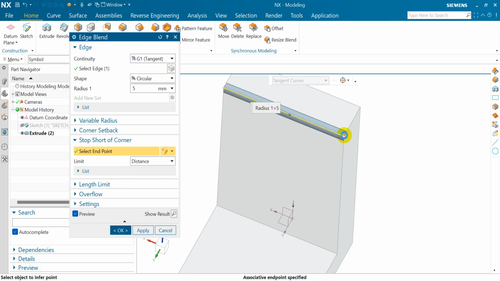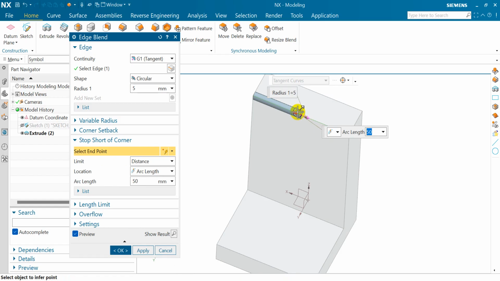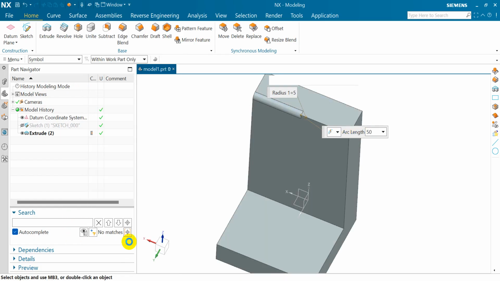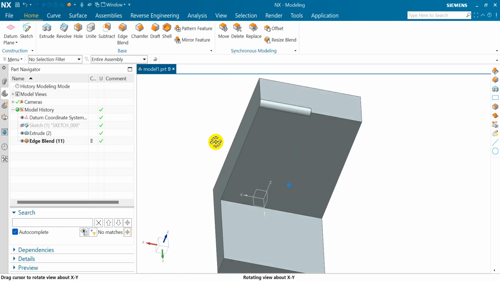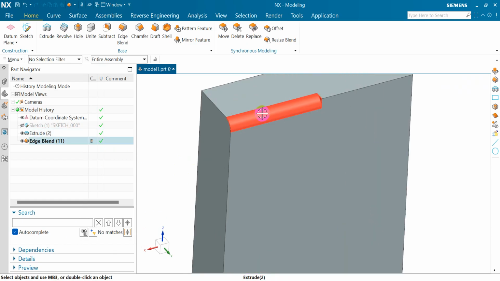Now click on the endpoint of the edge, then fill the value, suppose 50. Then the edge blend will be created only 50%. When you require this type of edge blend, then use this option.